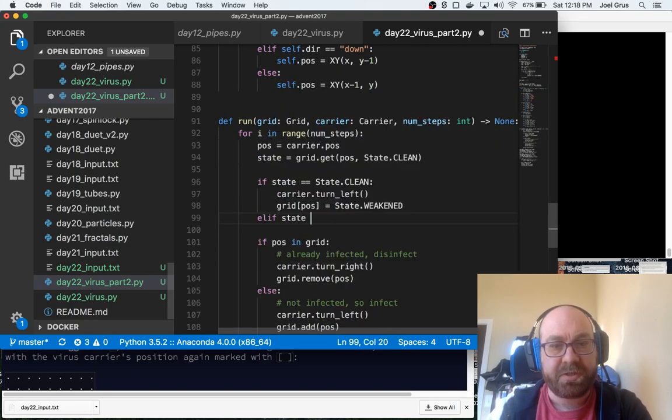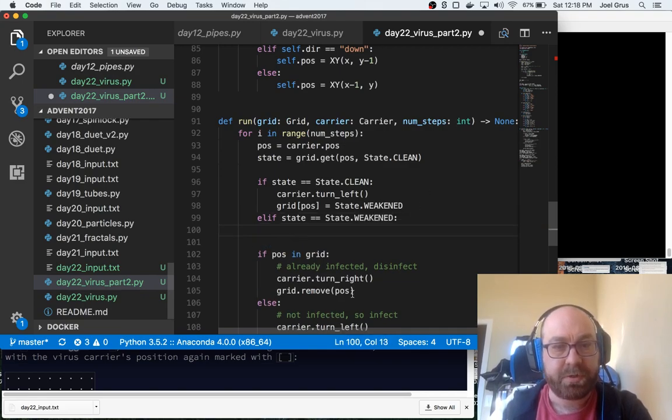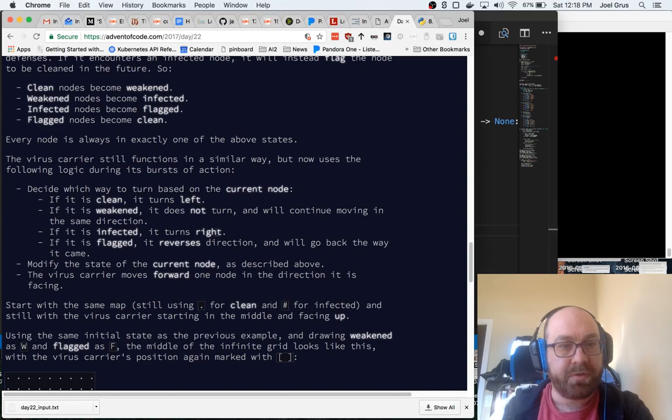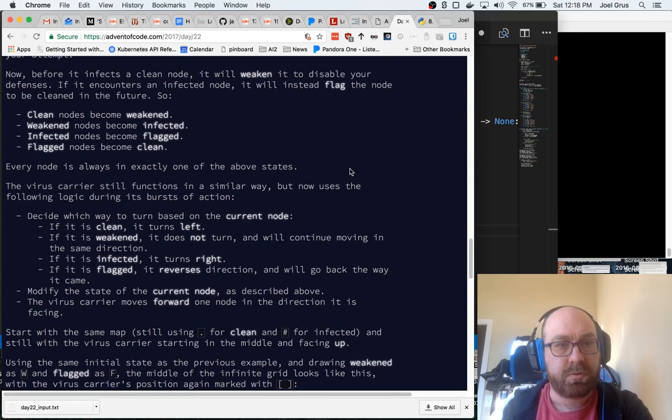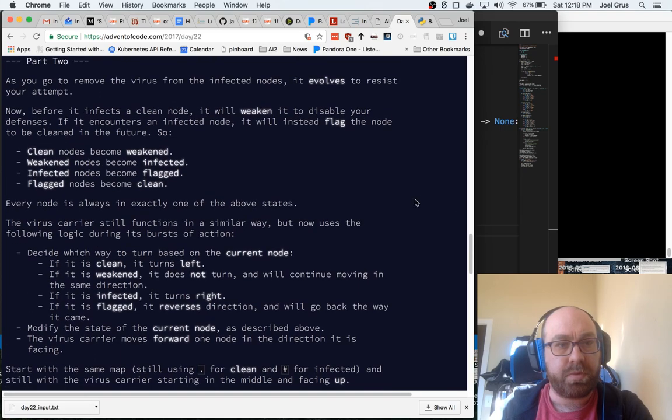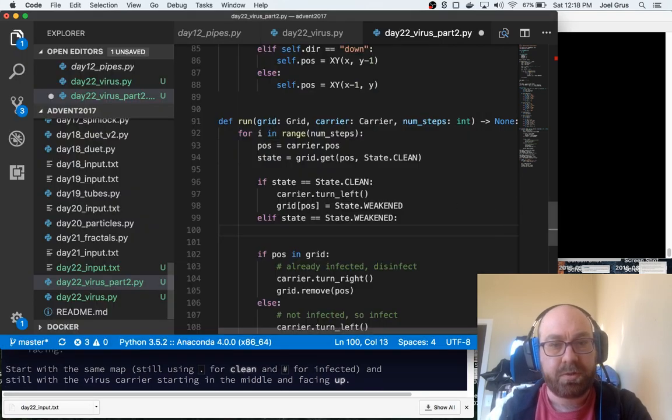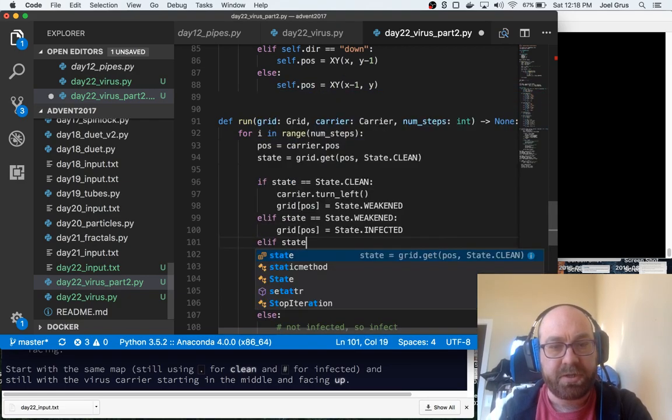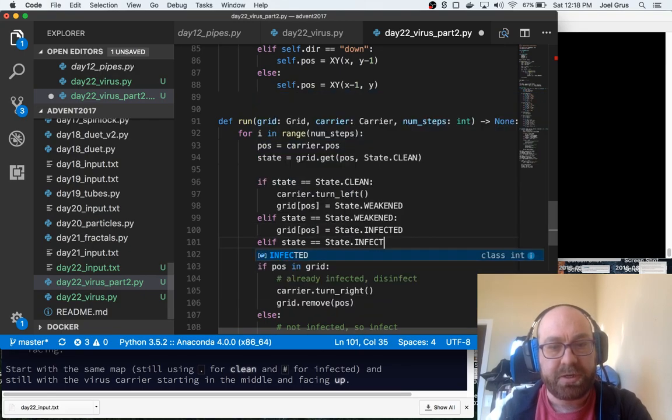So elif state equals state dot weakened, spelled that way. So if it's weakened, it does not turn, and it will become infected. So grid pos equals state dot infected, and then otherwise, if state is state dot infected,